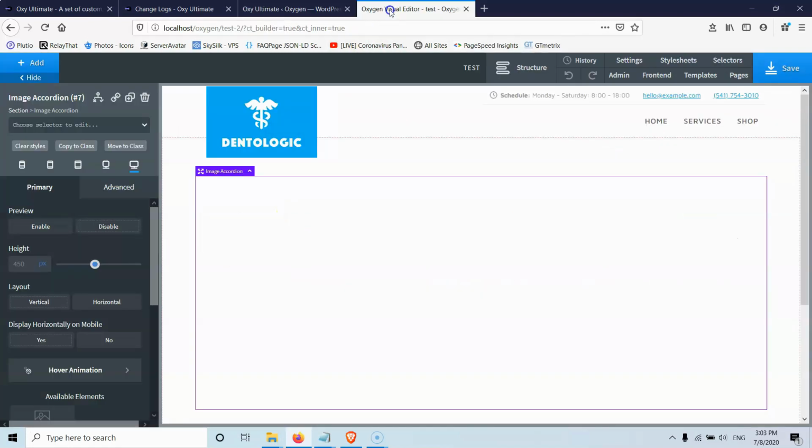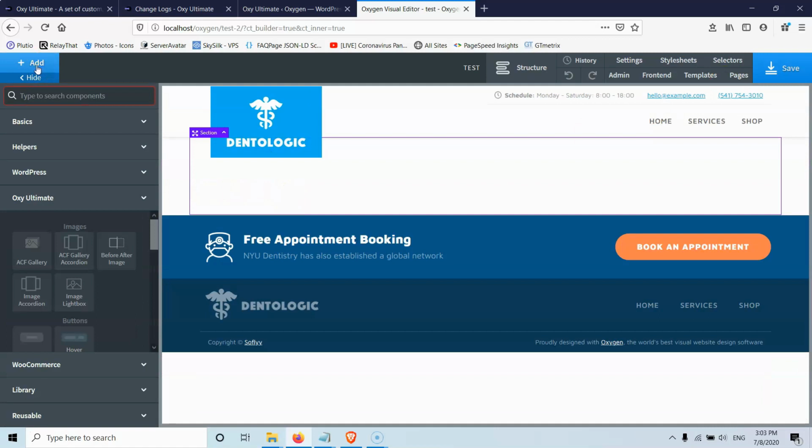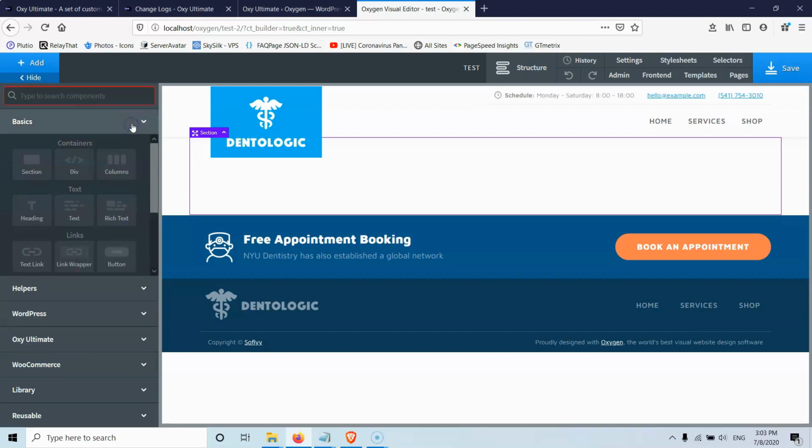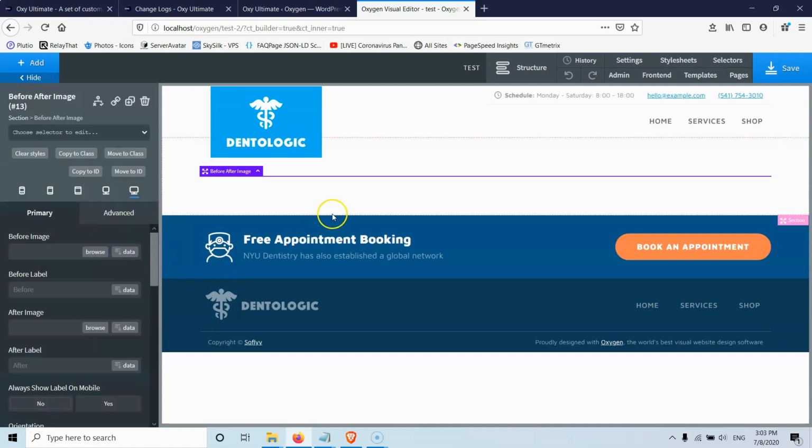So let's go to the test beds that I have created. Let's delete that because I was creating some tests. And under Oxy Ultimate, let's close this to see how it's going to look. Under Oxy Ultimate, we will see that he has all his elements added here, so we can go for a before and after image.